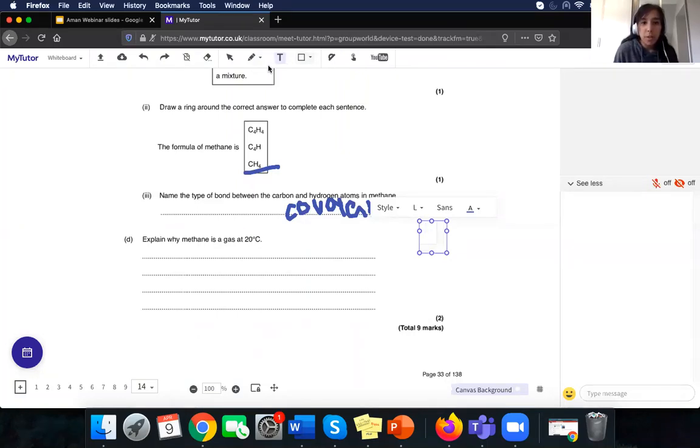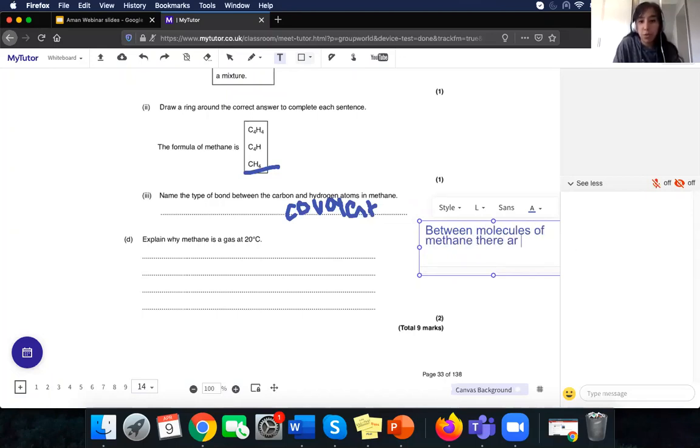Okay, a lot of answers come through. Someone saying it has a low melting point, someone saying weak intermolecular forces. Okay, so you're both on the right lines there. One is slightly wrong. So explain why methane is a gas at 20 degrees. It's because between molecules of methane, there are weak intermolecular forces which require very little energy